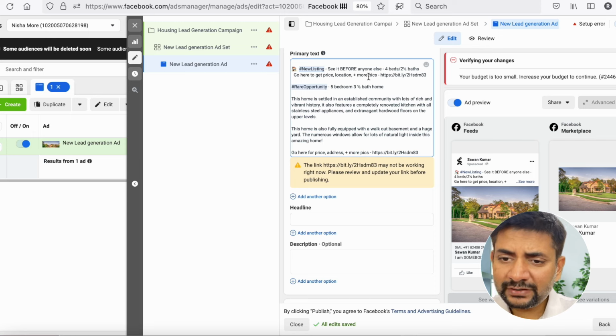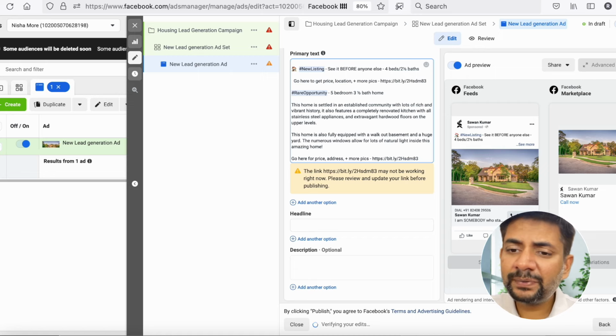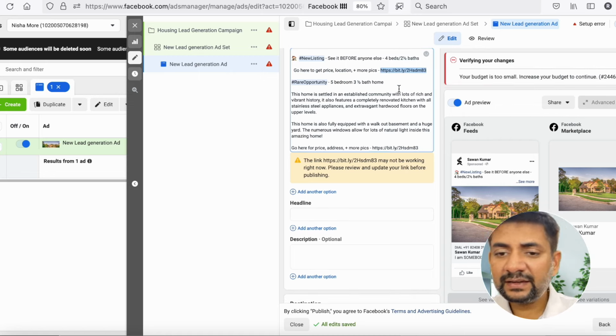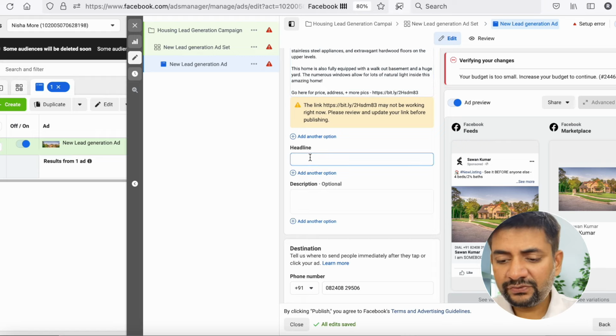We have two call to actions at two different places. One would be over here. So go here to get price, location and more pics. So this is the call to action that you can use. This is a rare opportunity. Few hashtags, the details of the homes that you are trying to list, headline of the